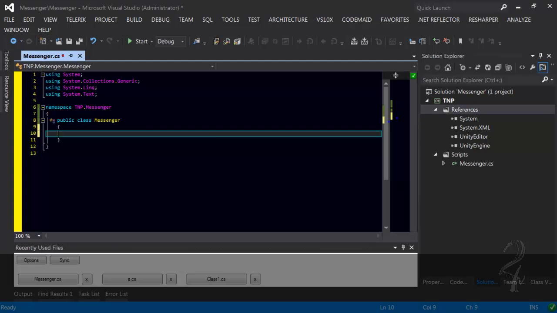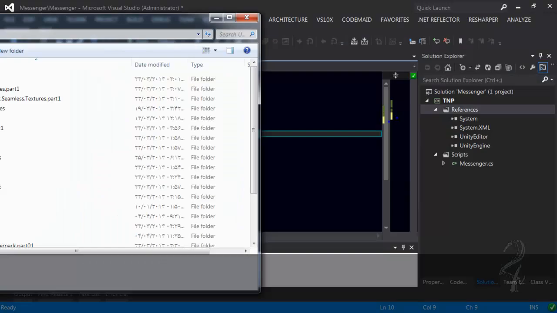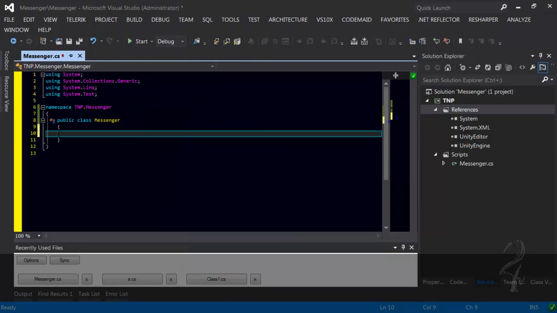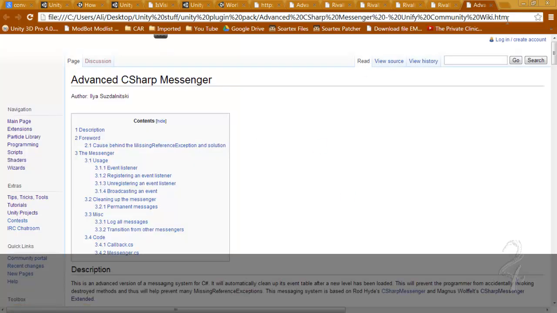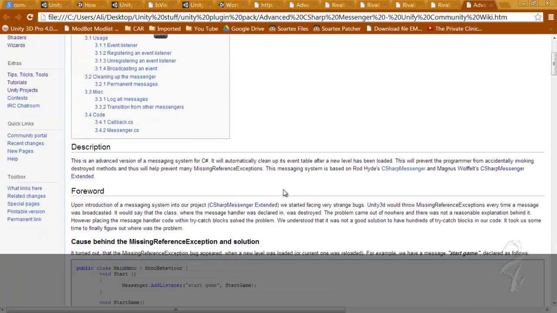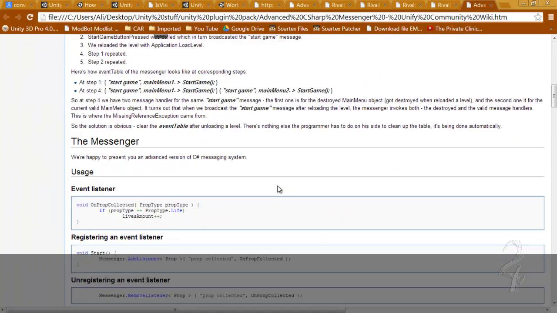No sir, Unity. If I can see the folder. Unity stuff, and then by the way, I have two monitors. I'm doing it on the second monitor. Okay, and it's called Advanced Messenger, Advanced C# Messenger. This is a page from the wiki I saved. Now you can see, it's a messenger, and